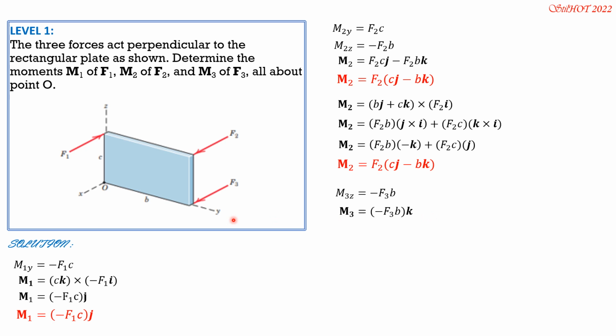If we solve this in vector approach, R O to F3, that's BJ cross F3. F3 again in vector form because it is towards the positive x-axis is F3i. So it is BJ cross F3i. And again, J cross I is negative K. So it is F3 times negative K or negative F3 BK